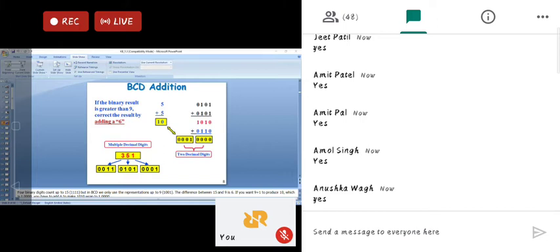Yes, yes. Okay, so many people have already said yes, understood. Very good. So this was the problem, and for which we, as engineering people, tried to solve the problem of the number exceeding 9, wherein we have added the bias of 6 so that you get a clear-cut number. So next I told you to perform 8 plus 7 using BCD addition.